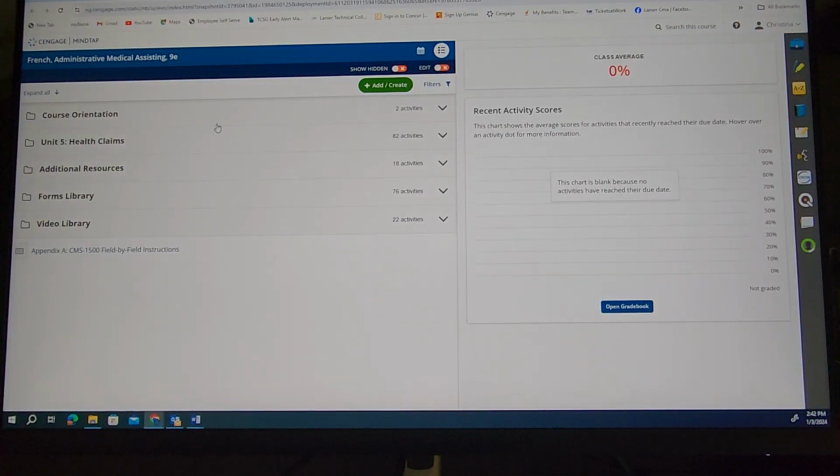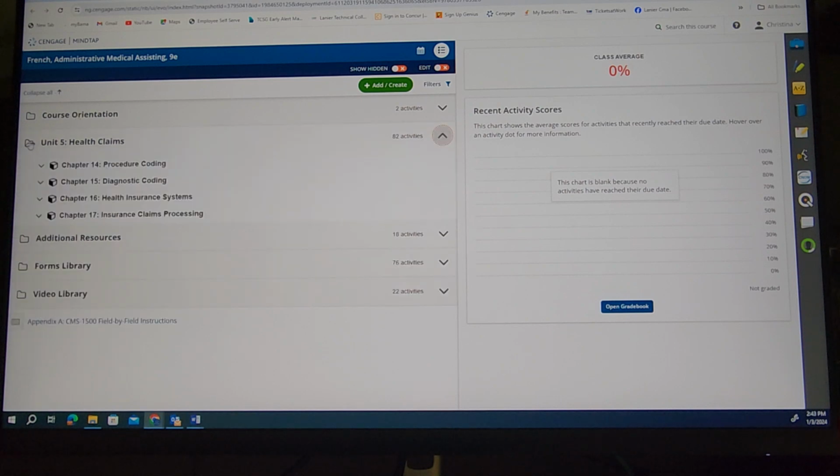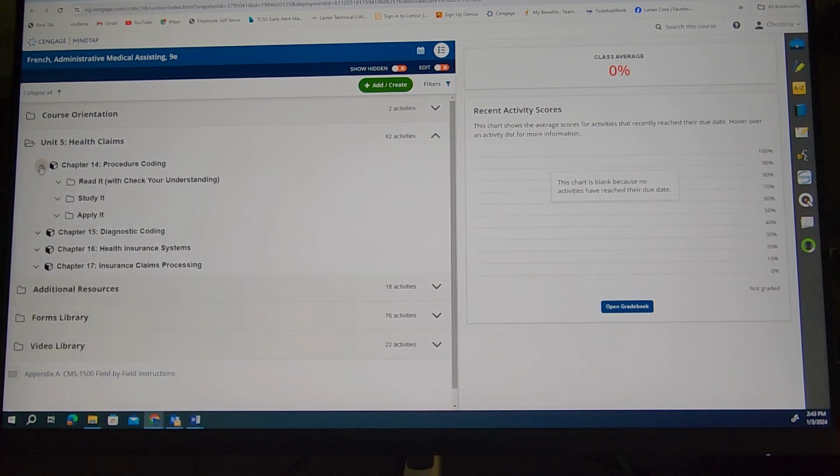This is going to take you right into the Cengage MindTap platform. The name of the book, French Administrative Medical Assisting 9th edition, will be at the top. Over here, we are going to click on the Unit 5 little folder. It's going to open up, and our first chapter, click on the drop down arrow, and it is going to produce the